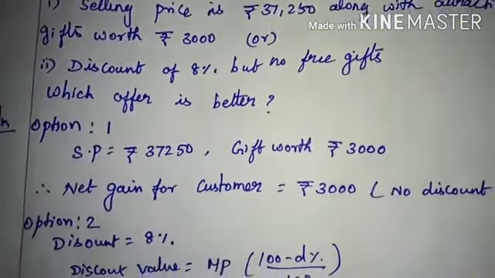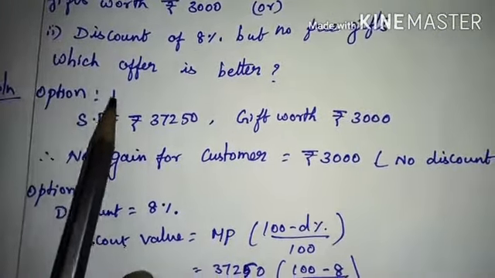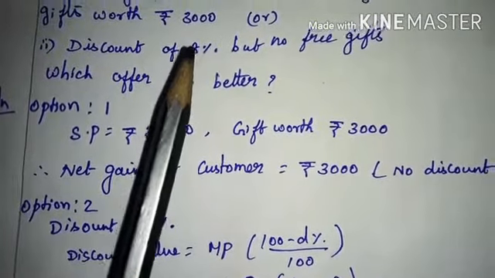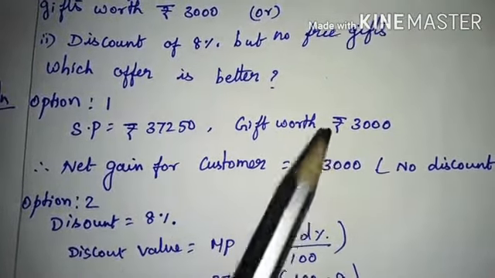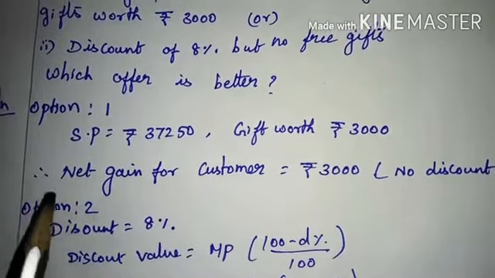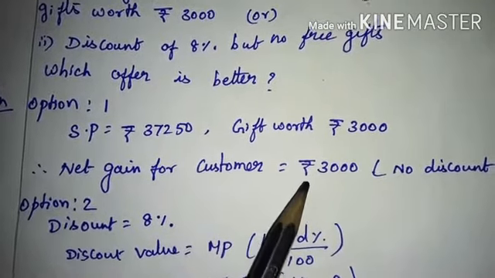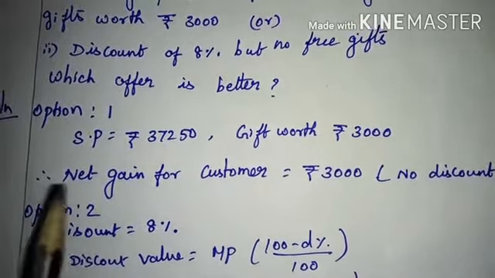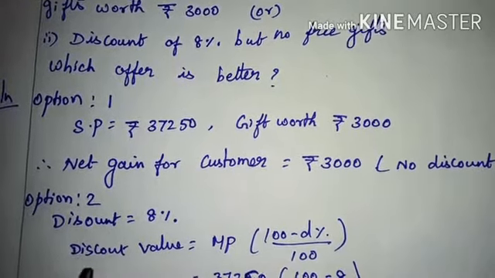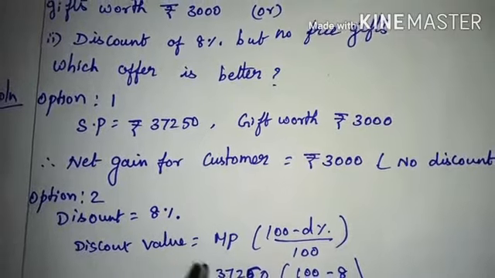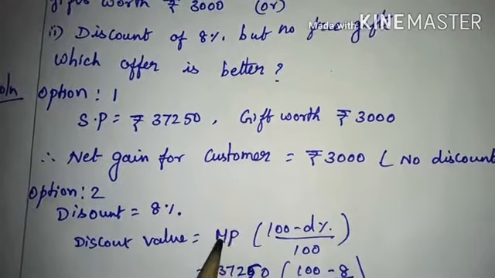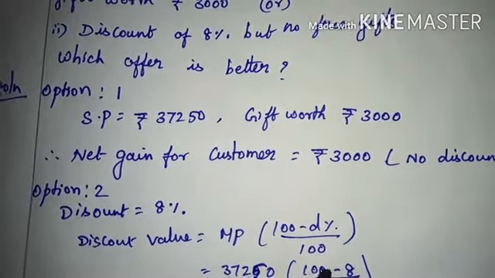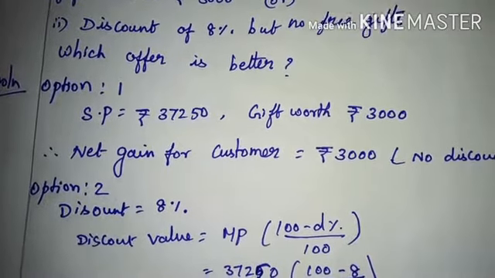For that, first we are going to find out option 1. That is, selling price is same as the marked price, but the attractive gifts of worth 3000. With this, we can clearly see that the net gain for the customer is rupees 3000. Then for second option, the discount percent is given. So you have to find out the discount value on marked price. That is, discount value equals marked price into 100 minus discount percent by 100. Substituting this, we will get the discount value as